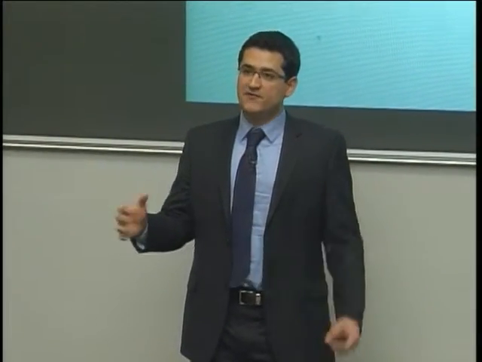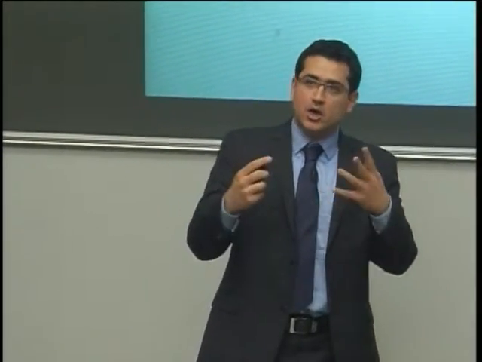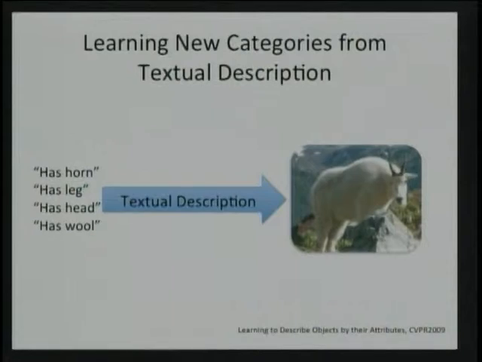There is even more that you can do with attributes. For a moment, assume that you have never observed a goat in your life before. If I explain a goat to you in language, I would say goats are something that are made of wool. They're white. They have a head. They have horns. They have ears. So if I describe a goat to you in terms of its properties, you can sort of have an idea about what the goat is without being the best goat expert in the world, obviously. But you have an idea about what the goat is.